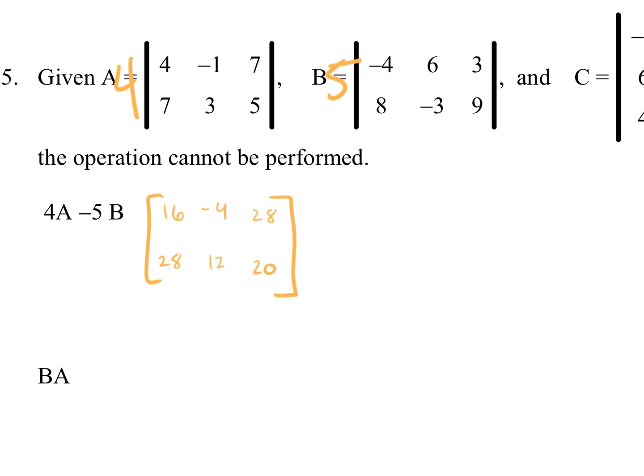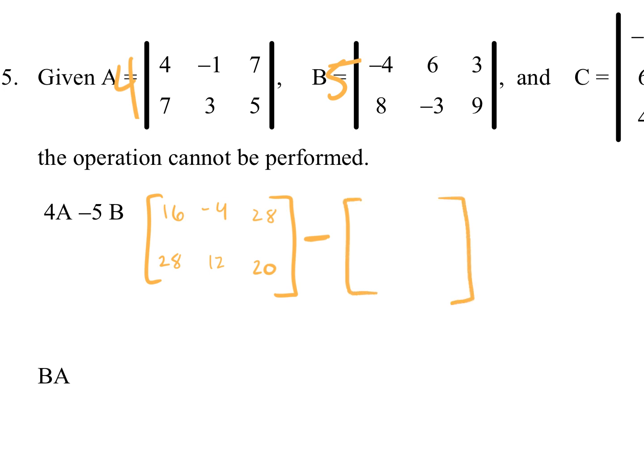Minus 5b. Now you could do this a couple different ways. If you wanted to multiply negative 5 to everything in b, you could do that and then add them together. Or just distribute the 5 and subtract. I'm just going to distribute the 5 and we'll leave it as a minus, but just be careful with your